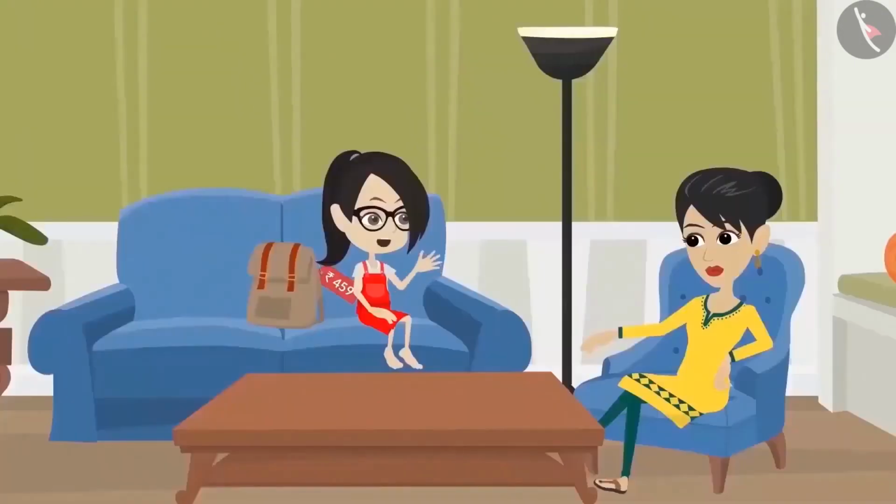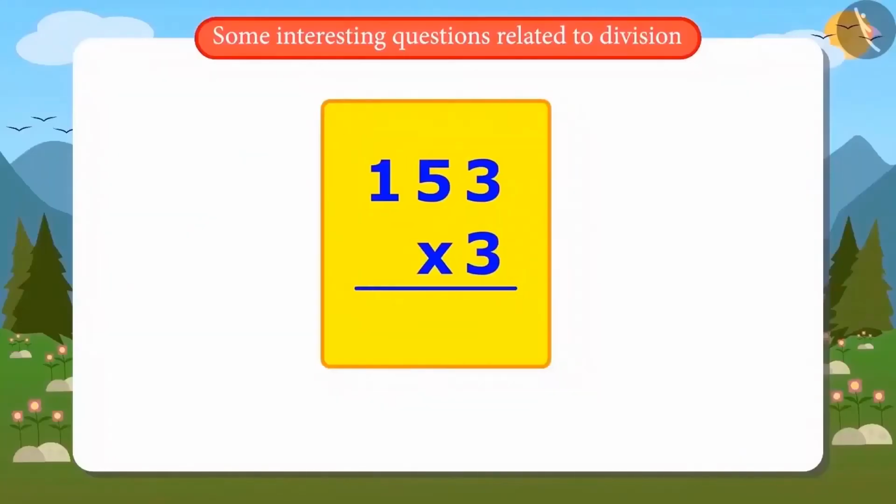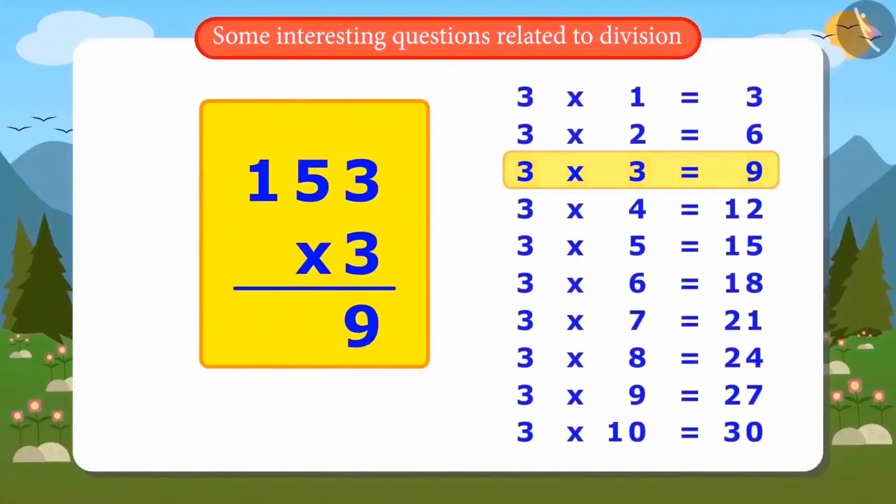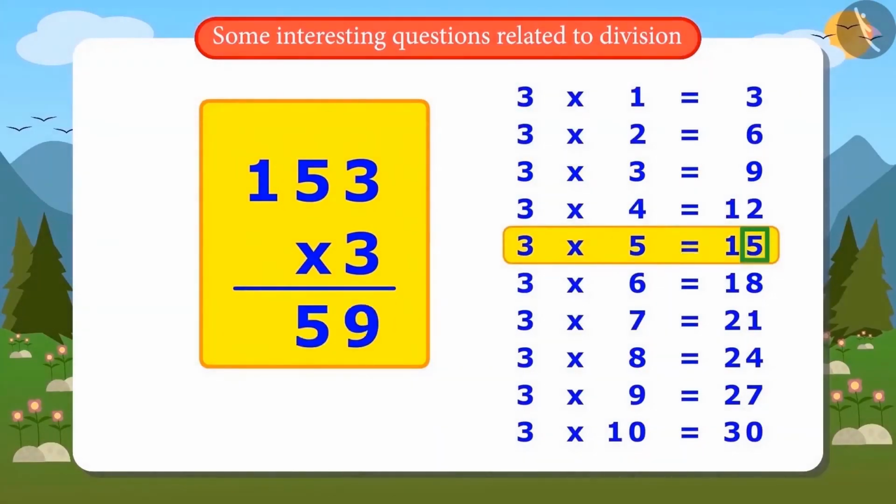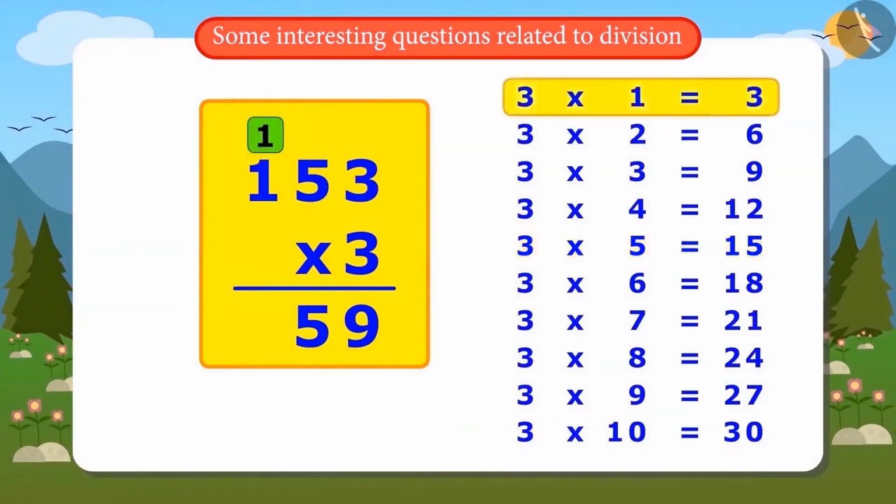"Okay, Mummy, I'll try and multiply them. 3 threes are 9, 3 fives are 15. So at ones place is 5 and at tens place is 1. While multiplying, we keep the ones digit at its designated place, and we keep the digit at tens place here. It will be written like this. 3 ones, 3. After adding the carried over 1, the answer is 4."